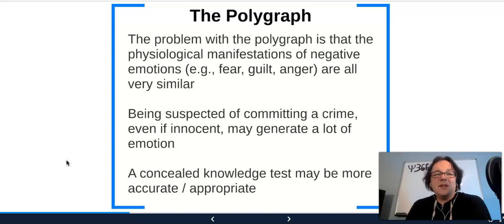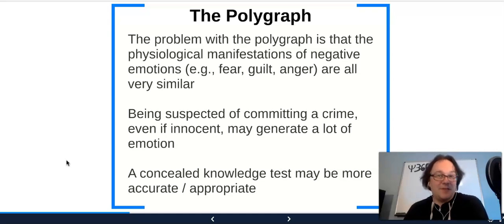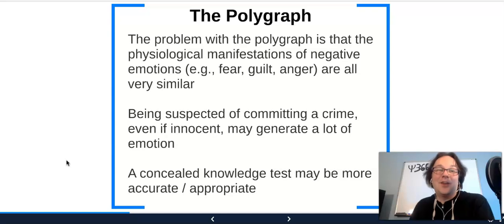So sometimes just being suspected of a crime, even when you're innocent, might produce a whole lot of emotions. Sometimes the type of questions that they're asking you might be pretty horrific. You could imagine, any of you who are in relationships now, God forbid, your partner ends up dead somewhere. Who's the prime suspect? You're it, right? Especially if you're a guy, you are the main suspect. So they're going to be asking you some pretty horrific questions about your dead partner. Just hearing those things, if you're completely innocent, may very well produce these physiological responses, and you come up as lying